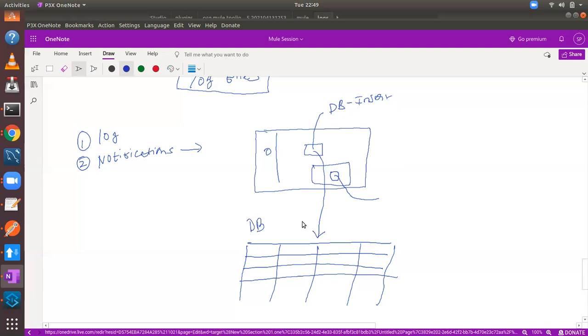So when an error occurs while communicating with the database, you quickly configure an alert so that you can send it to the database team. You have that chance. If you handle the error, we can do this activity in error handling.